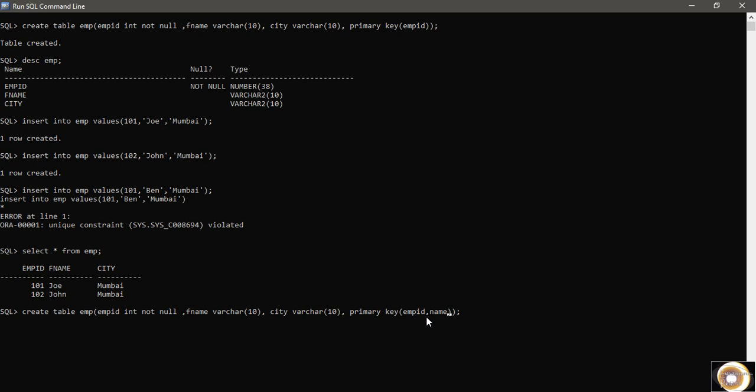So if you run this command by yourself, and if you try to insert values again, let's say 101 comma Joe, it will not take, because 101 comma Joe is combinedly given to the primary key. So both are acting together as a primary key. Simple. So both these fields are helping me to uniquely identify each row in a table.